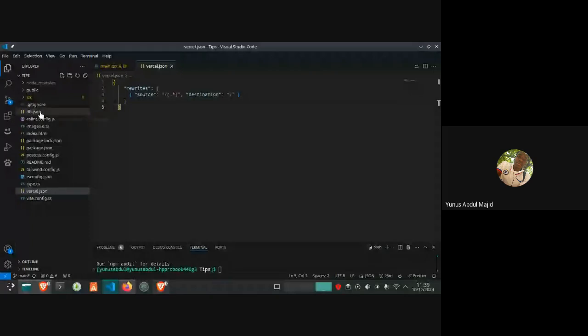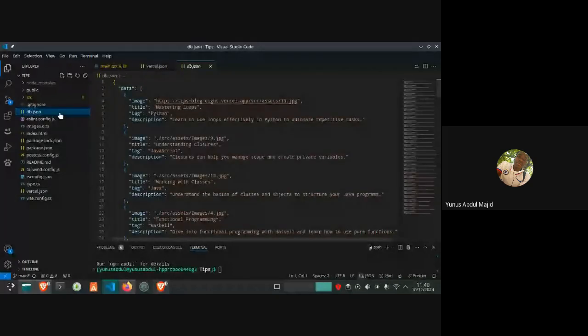Currently, I'm not fetching any of the data you see, all the tips. I didn't fetch any data from anywhere. What I simply did is create a database, a db.json file, which I use.